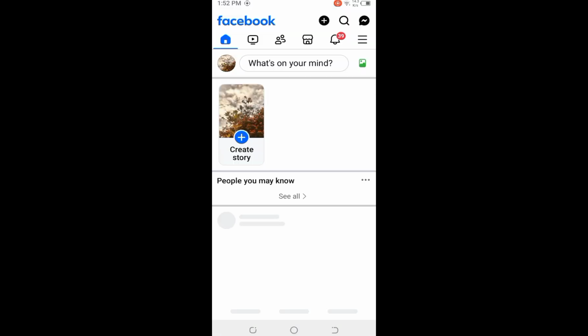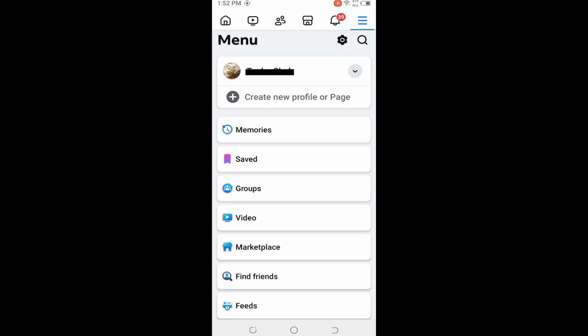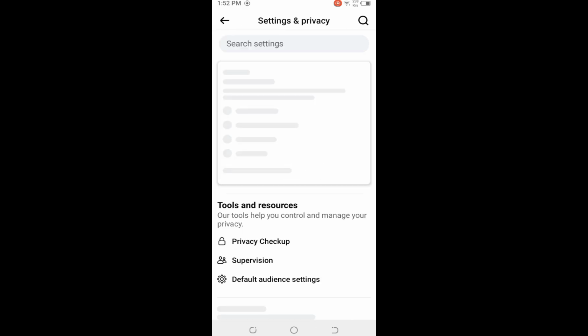First things first, go ahead and open the Facebook app on your smartphone. Whether you're using an iPhone or an Android device, the steps will be pretty much the same. Once you're on the homepage of your Facebook, click on the menu. In the menu, look for Settings or the gear icon in the top right corner, and after you have opened